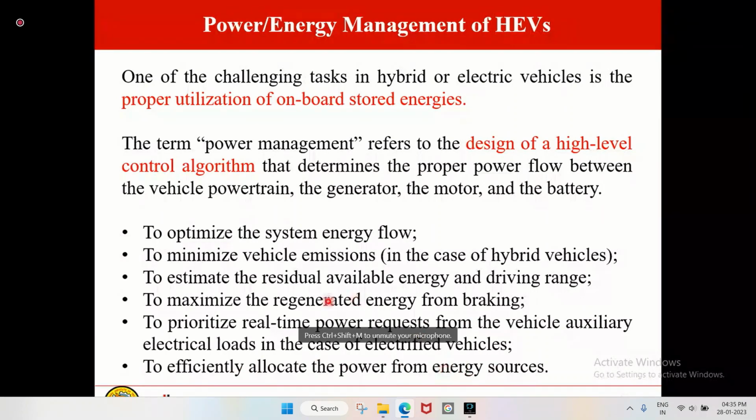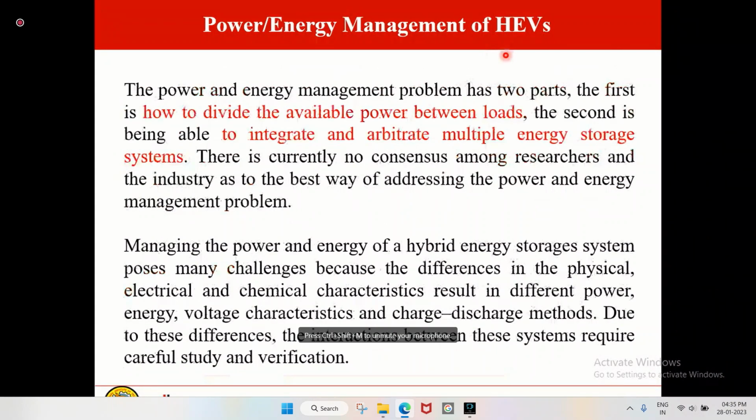Because I may take power from the engine, I may take power from the battery, right? I may run the engine, I may run the motor. I may use the generator to charge my battery, or I may use regenerative braking to charge the battery. So what I want to do is manage the power flow and manage the energy flow, and that is what this issue is all about. So basically it has two parts. One is to divide the available power between loads, and the second is to be able to integrate and arbitrate